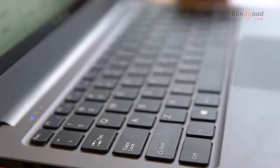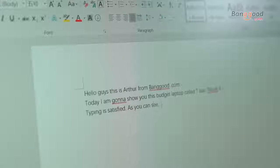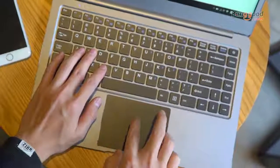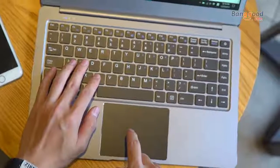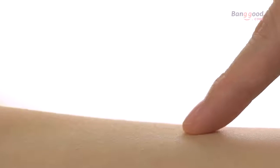Typing is very satisfying. As you can see, the gap between each key is big, which makes you feel comfortable in daily use. In addition, I have to say the touch feeling is nice, no matter the keyboard or the touchpad. It's smooth, which is kind of like touching some...